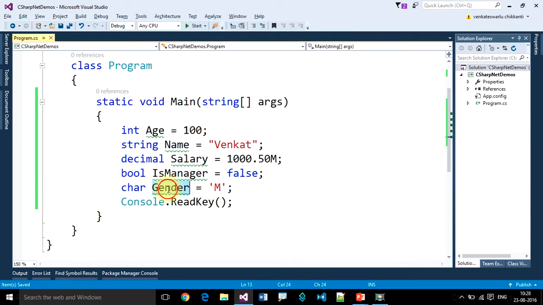Character will store a single letter. So character stores a single letter. We cannot give more than one. It will throw an error. See that. Too many characters in character literal. Okay. These are the data types.